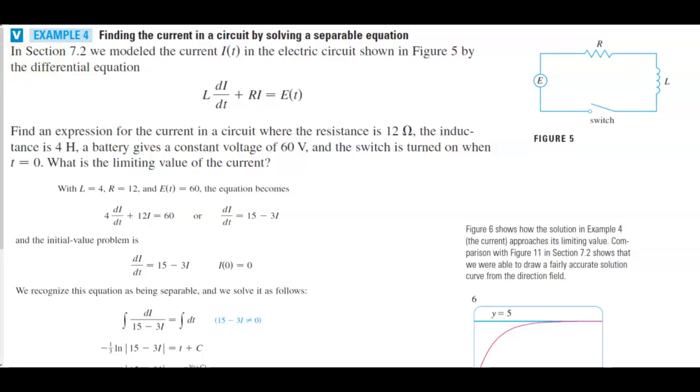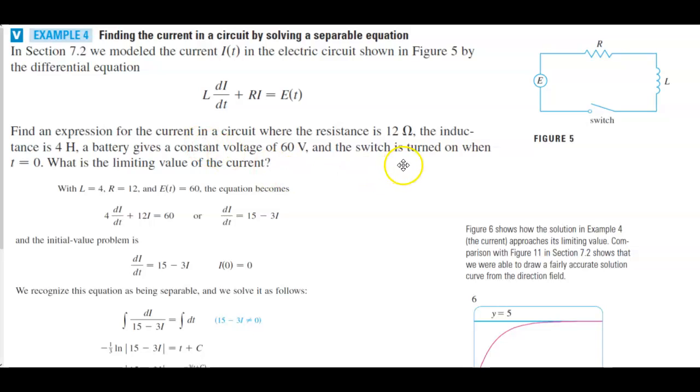Okay, let's take a look at example 4, where we're finding the current in a circuit by solving a separable equation. In section 2, we modeled the current I of t in the electric circuit shown in figure 5 by the differential equation. We had L times di divided by dt plus R times I, which is equal to E of t. And what we want to do is find an expression for the current in a